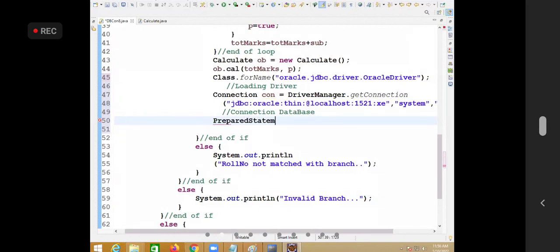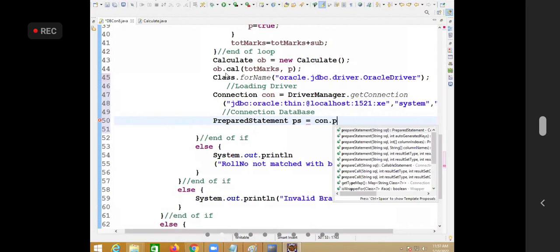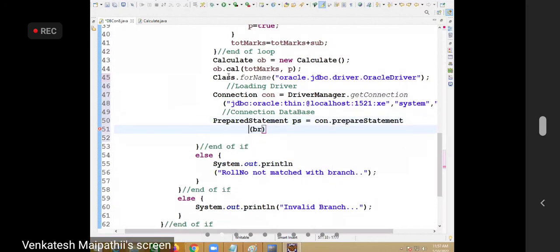Prepared statement PS is equal to con dot prepared statement. Here, insert into student 41. How many values now? 6 values, yes or no?